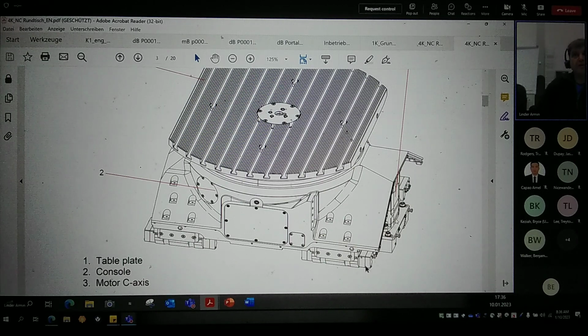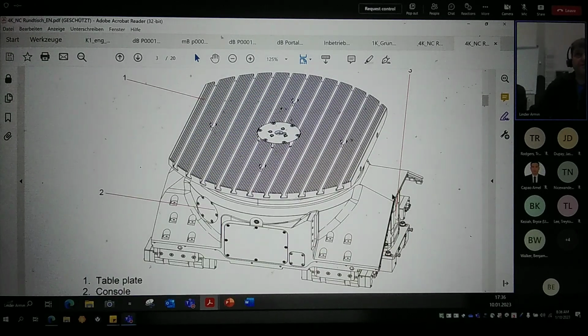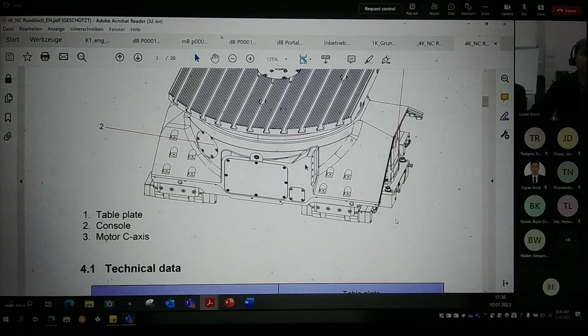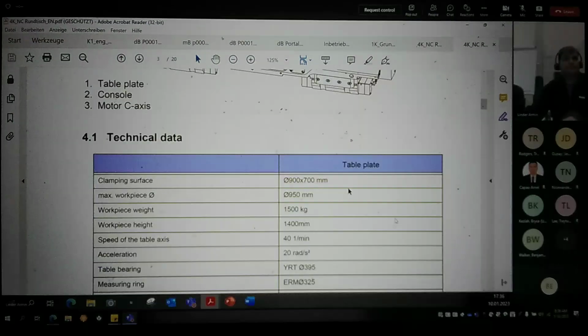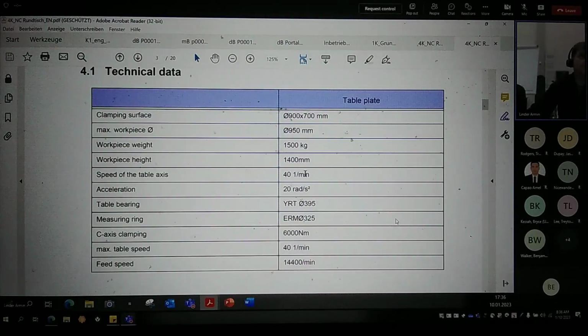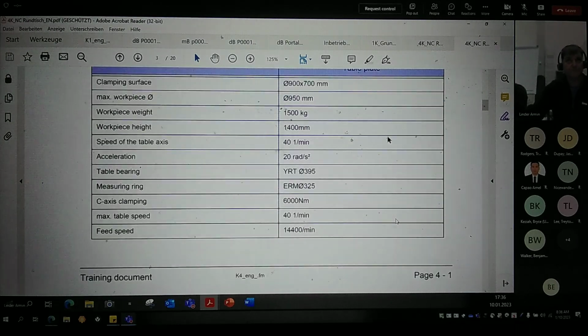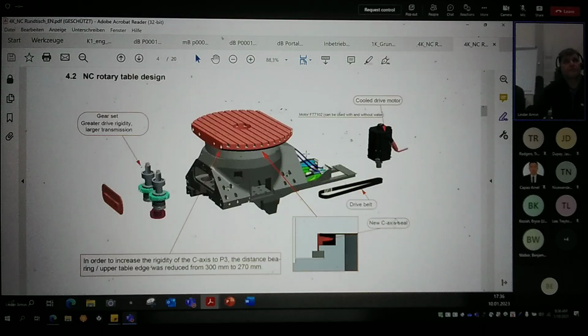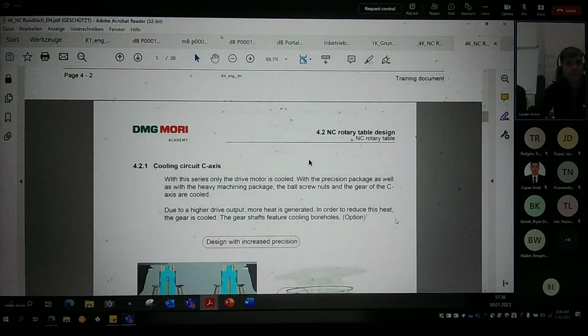Here we have a gearbox for the normally NC1 table, the standard 1 table, the table plate for connections to the linear guide shoes, and some technical data we can use here. So, and what I will show you is